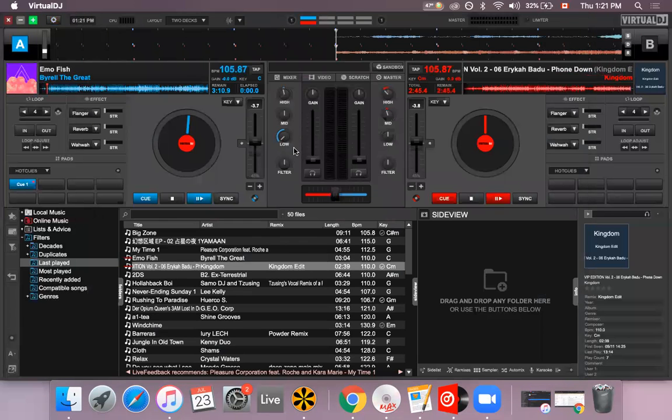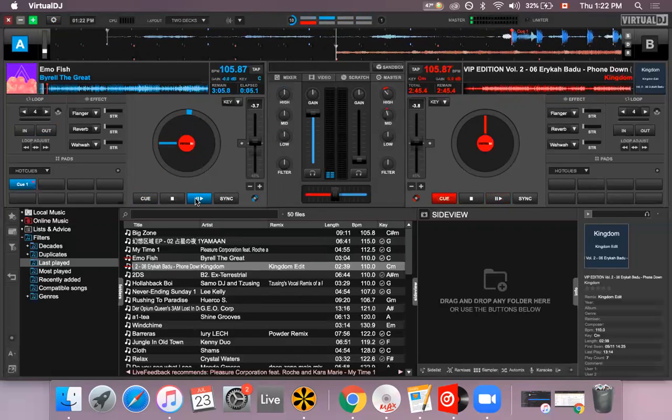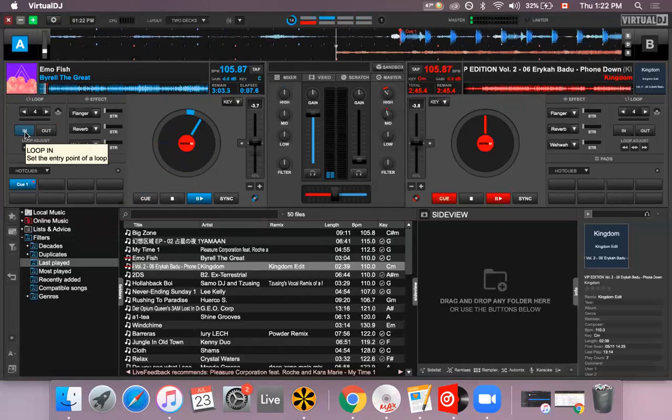All right, and what next? So here we have looping. So in our looping, basically what you can do is you can set it in and set it out. So when you bring in a loop, let's say I played this song. Once I press loop in,